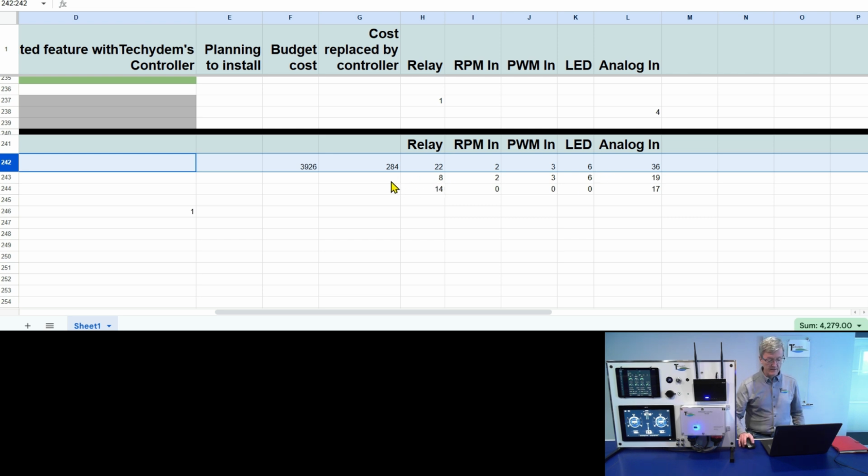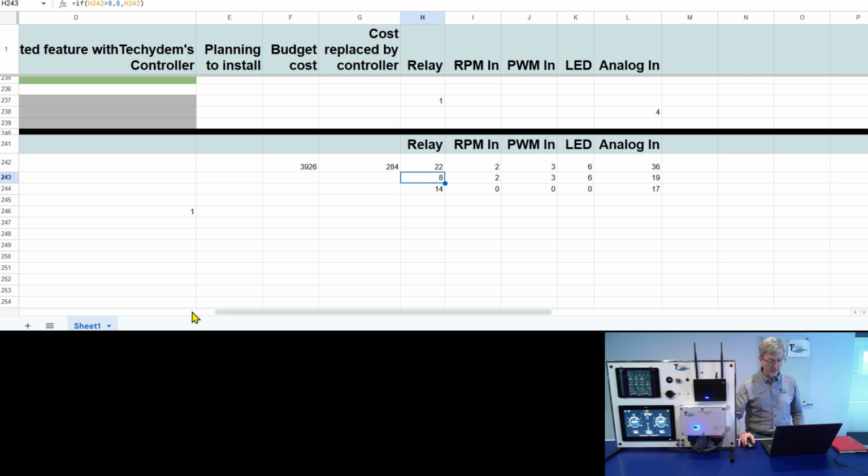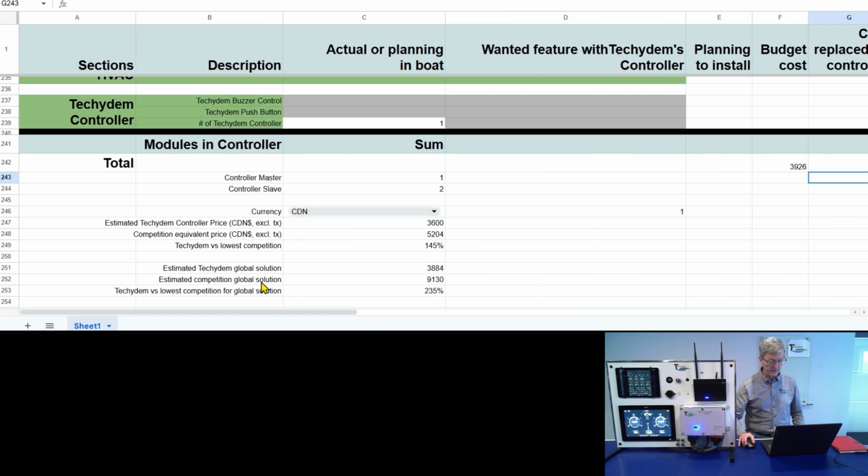And then what I do in the equation is to figure out how many controllers like this will be required as a master. There's always at least one master unit. In this case, master means the master board plus the slave board, and the slave controllers are separate boxes that are just slaves.